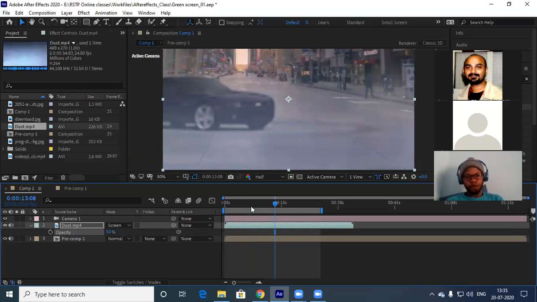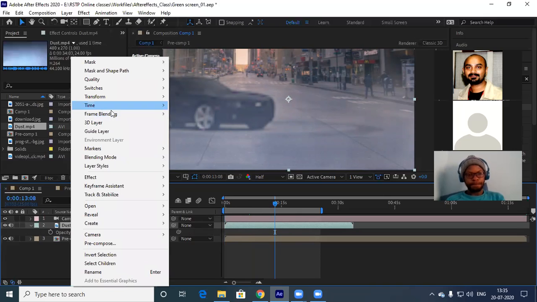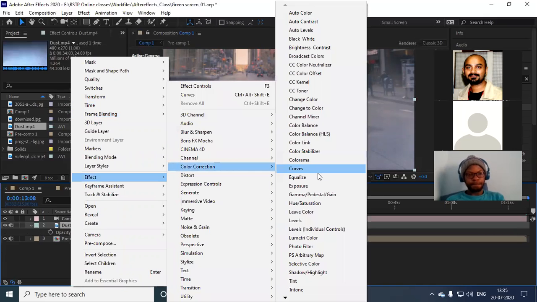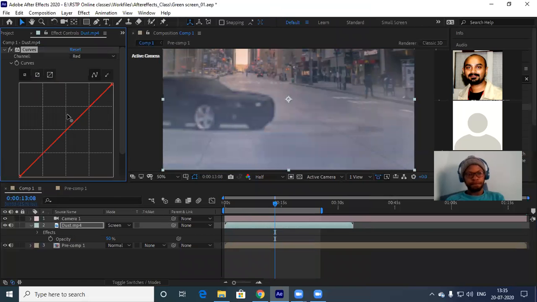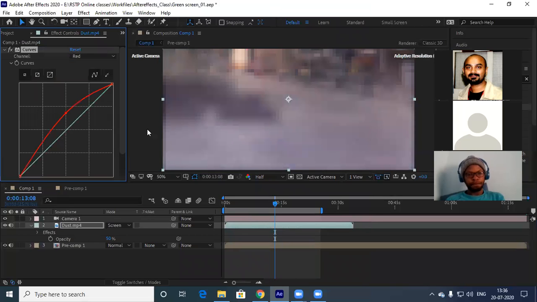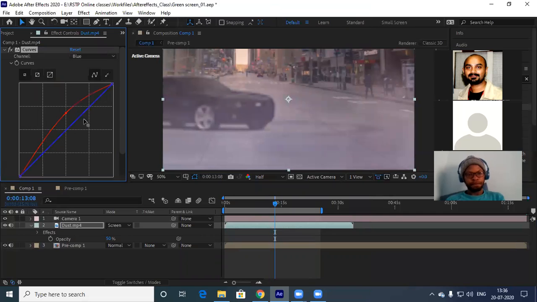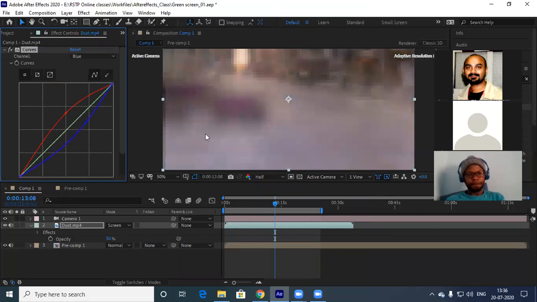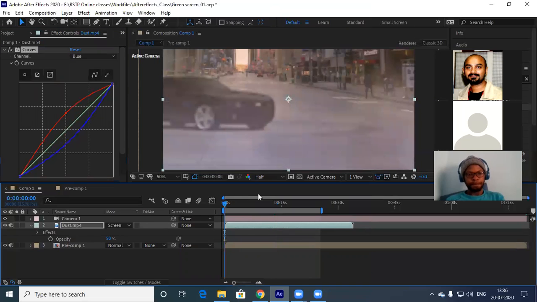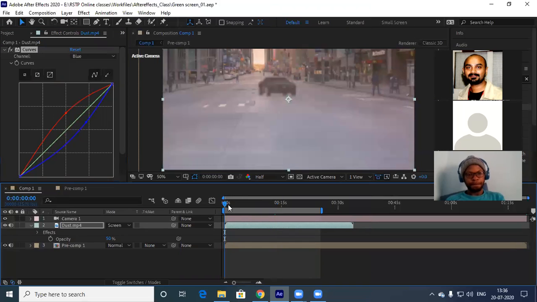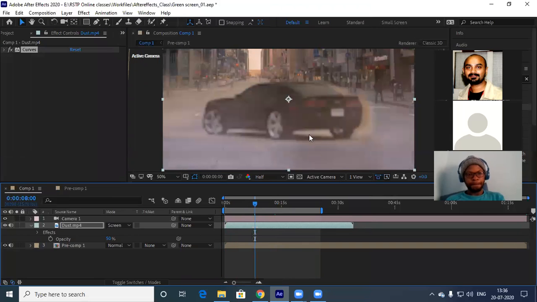That's one thing. Another thing, it's in white color. I don't want it completely white. Let's add a bit of tint. So I'll go to effect, color correction, curves only. In curves, I'll add a bit of red tint. You can see a bit of red tint over here. I reduce the blue tint somewhat. So you get something like smoke. So overall, it is looking something like this now, right?